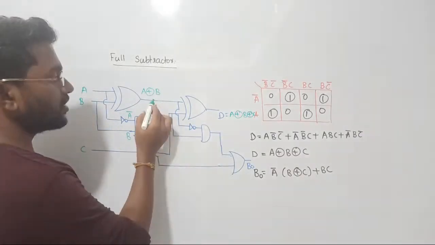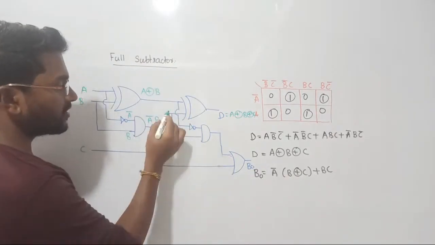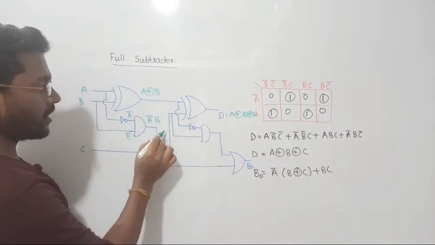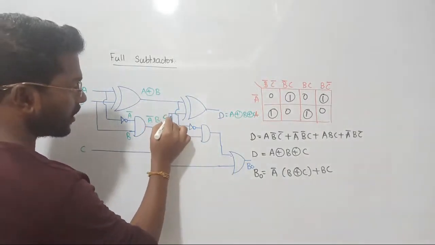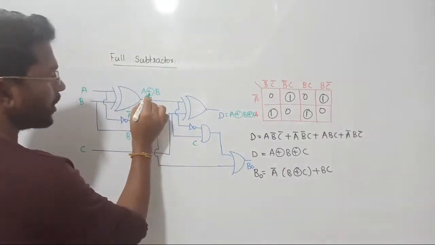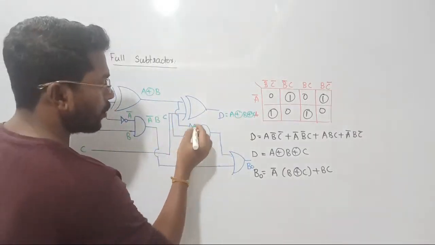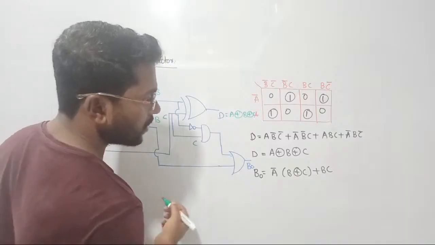Yeah, now see there, this A XOR B will go here, right? At the same time the C is coming here, right? So where is that C? See there, this C is coming here, such that let's let this C go here, right? Let us let this one go here, right? Now what you have to do, if I let this function,